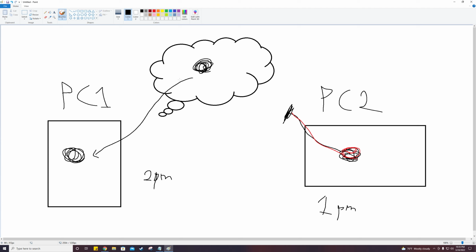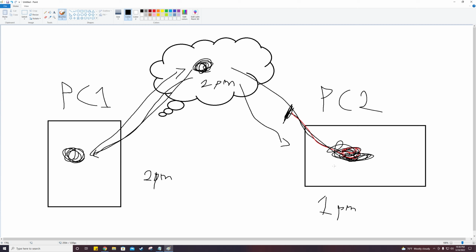Then the cloud is going to see, oh, this save is at 2 p.m. and that save is at 1 p.m., so it's just going to delete all your progress. And that's no good. Basically, the way it works is the most recent changes will overwrite the cloud. So if you don't want any changes to get saved,